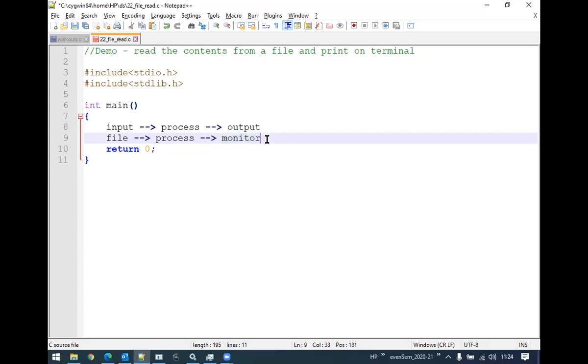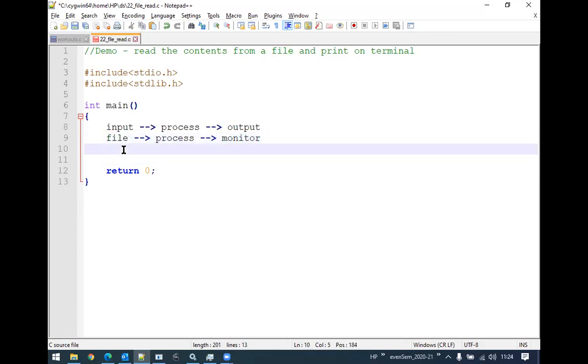In order to read content from the file, we have studied an unformatted character-oriented function by the name getc. What getc will do is read a single character from the file. Then we can use that character, process it depending upon the necessity of the program, and then we need to print on the monitor.